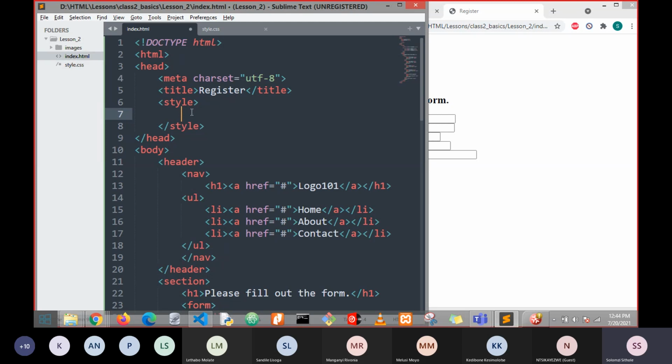and then I'll show you how to include the external style sheet here later on. But for now, the first thing I want to do is to select everything in my page